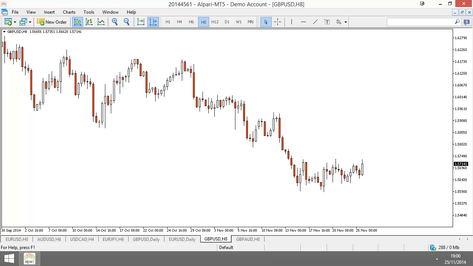Yesterday was day 1. We discussed candlestick analysis. Today we're going to do support resistance. And tomorrow we're going to put all of them together and we're going to look at how to actually trade